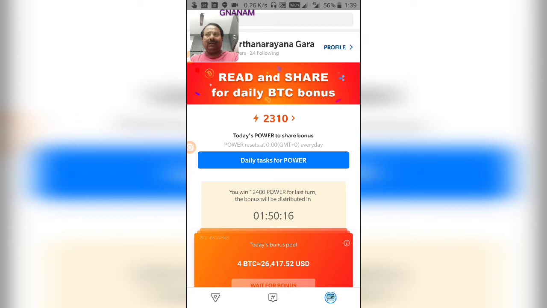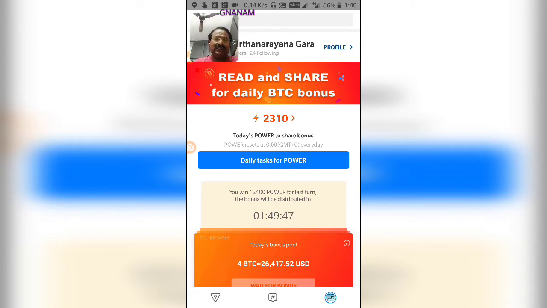So now I assume that you have downloaded the app, installed the app, and logged into that app through your Gmail. Then this app will give you Bitcoin, that is money in the form of dollars, in three ways.